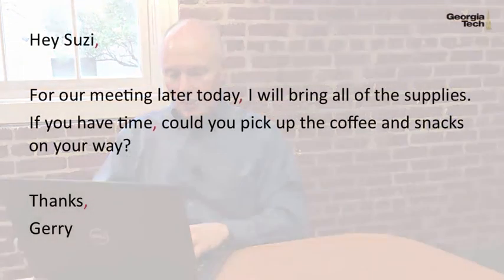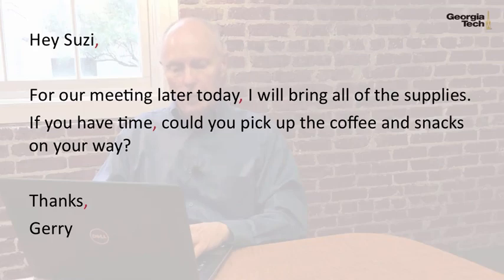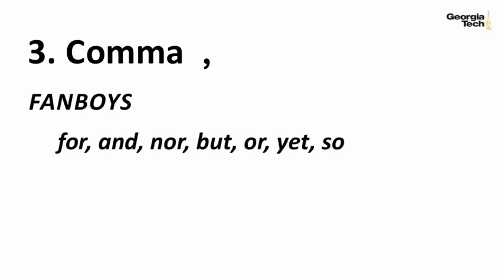Third, commas. The best rule for these is to read your email aloud. For example, "Hey Susie, for our meeting later today, I will bring all of the supplies. If you have time, could you pick up the coffee and snacks on your way? Thanks, Jerry." If you pause, that is where commas should go. Also, use commas with fanboys: for, and, nor, but, or, yet, and so, when you use these words to connect